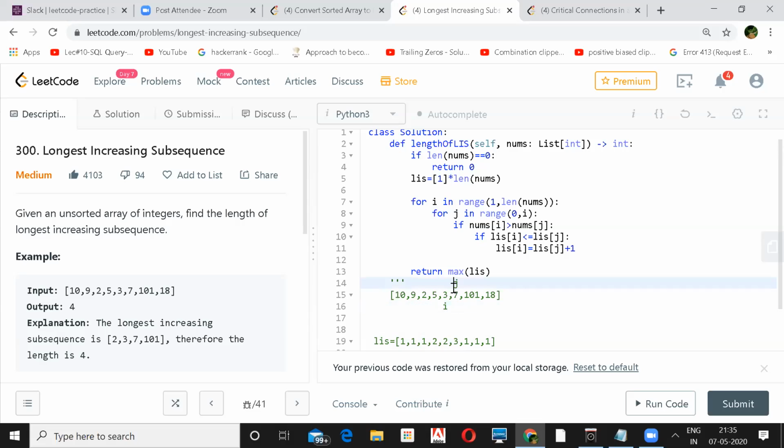So now again your j will increase, and you go to here. If you check 101, it's greater. So at this place, if you append 101 to 10, you'll have 2, because at 10 you have 1. So as of now it is 2. Now expand this to 9. At 9 you have 1, so 2 equal to 2, so it will be the same only. At 2, if you see, again it will be 2 only, the same.